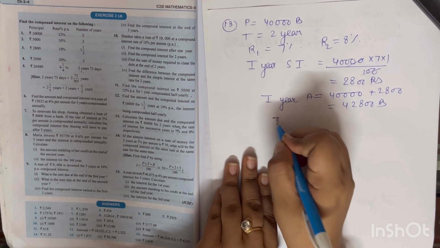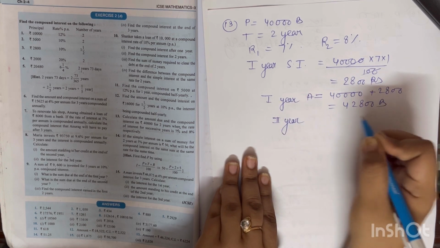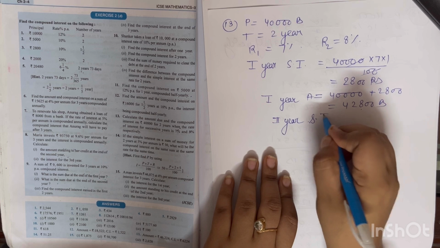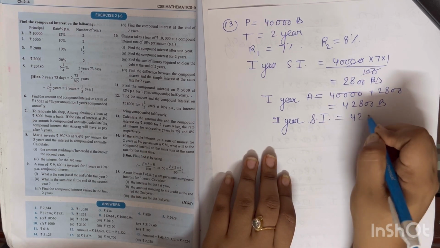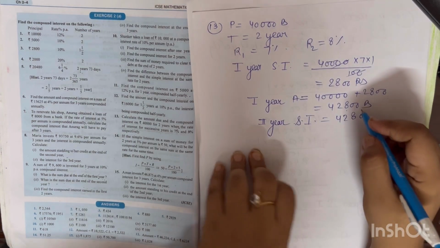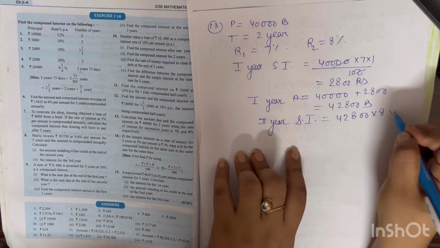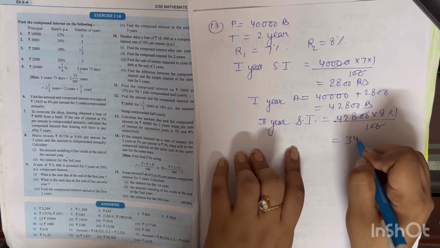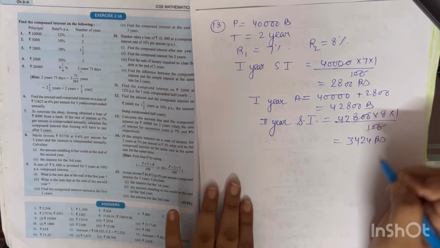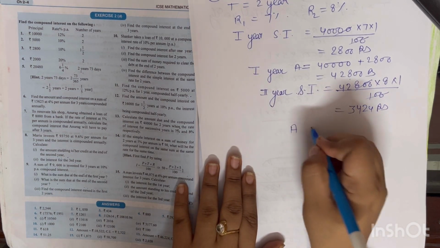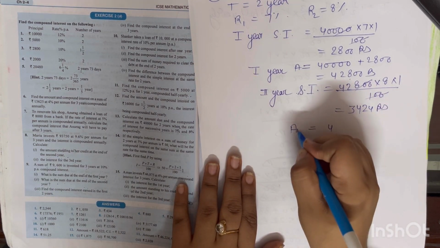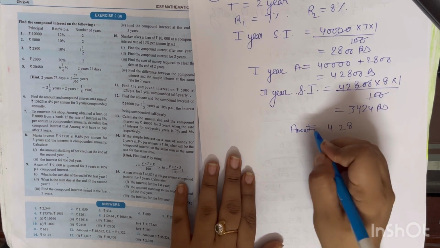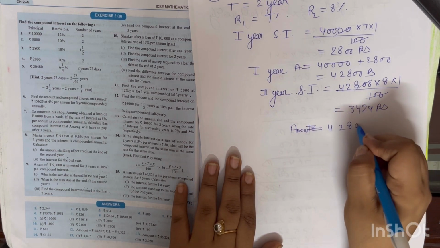Now second year simple interest. It will be principal for second year. Simple interest 42,800 into 8 into 1 by 100, 3,424 rupees. Now amount will be 42,800 plus 3,424, it will be